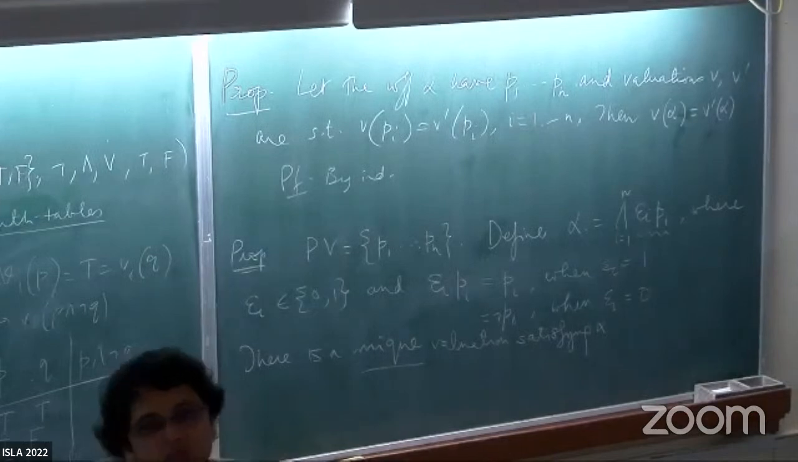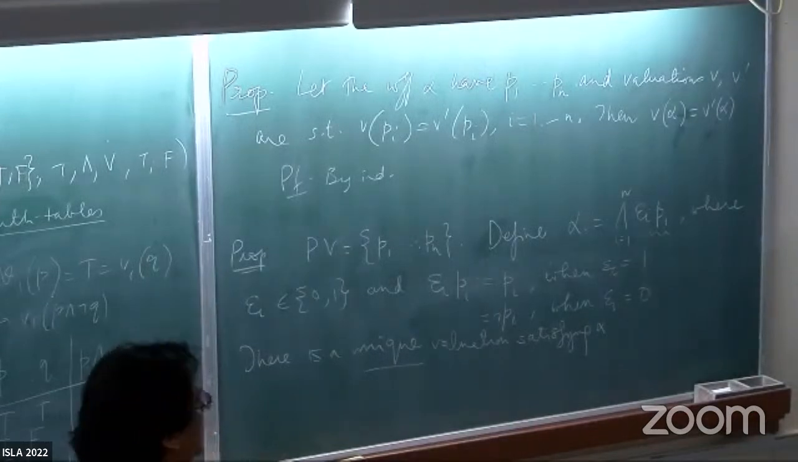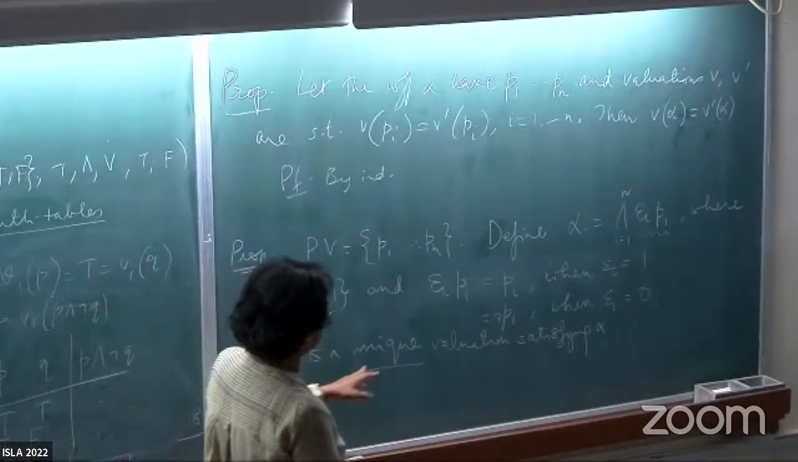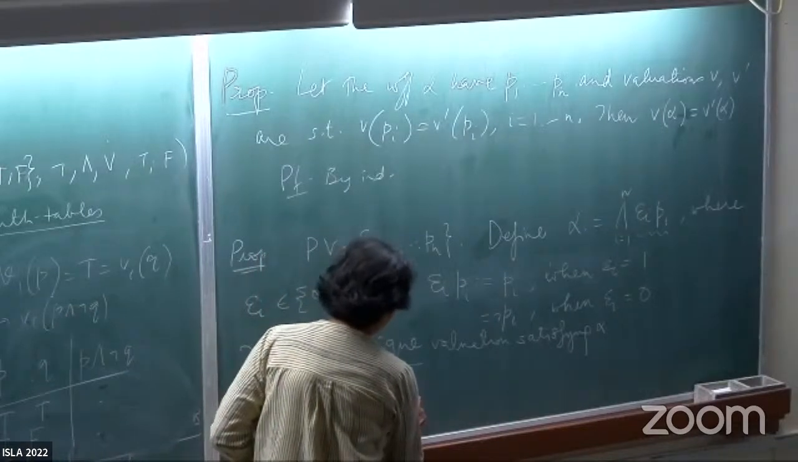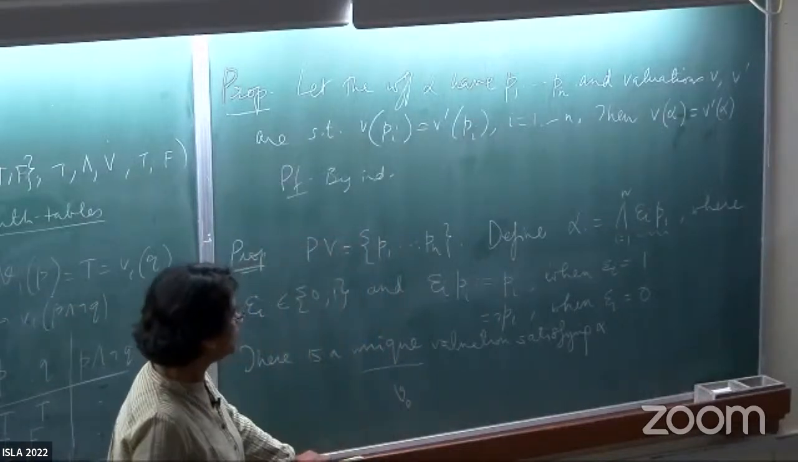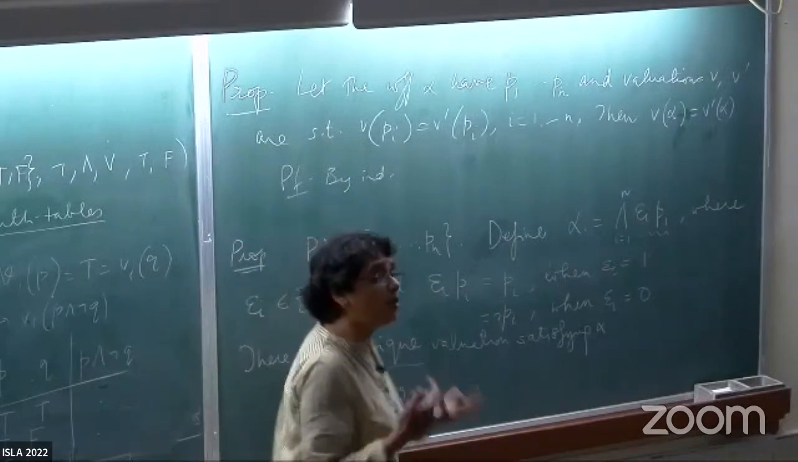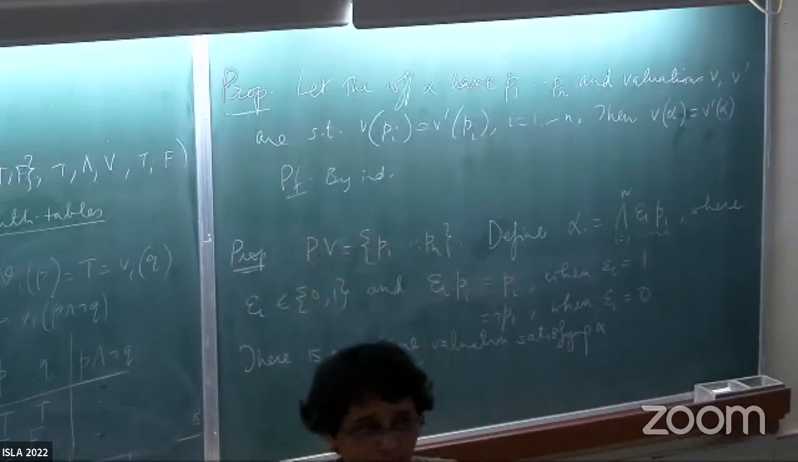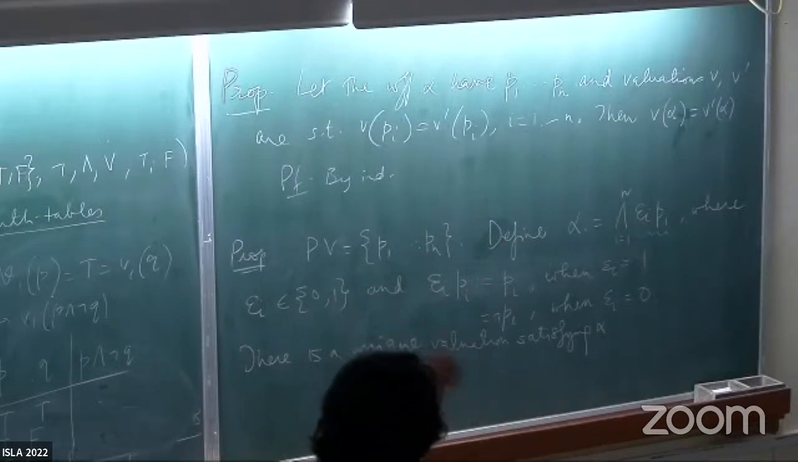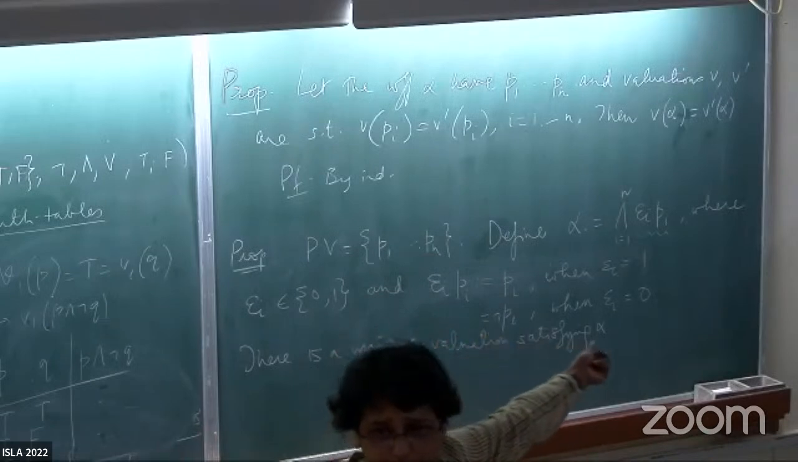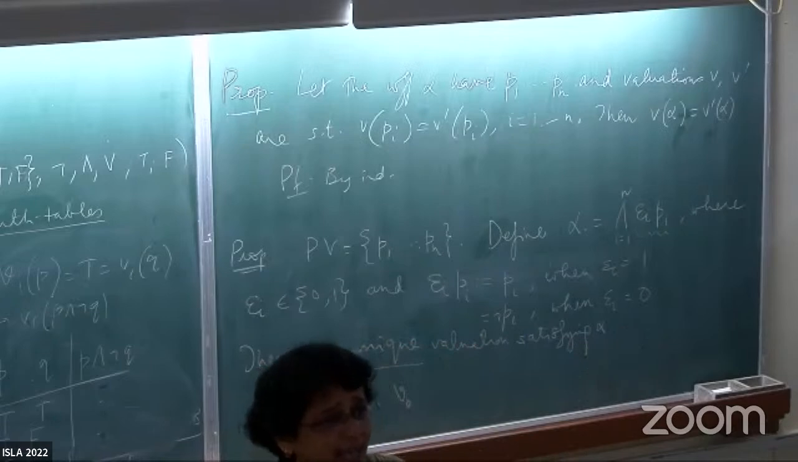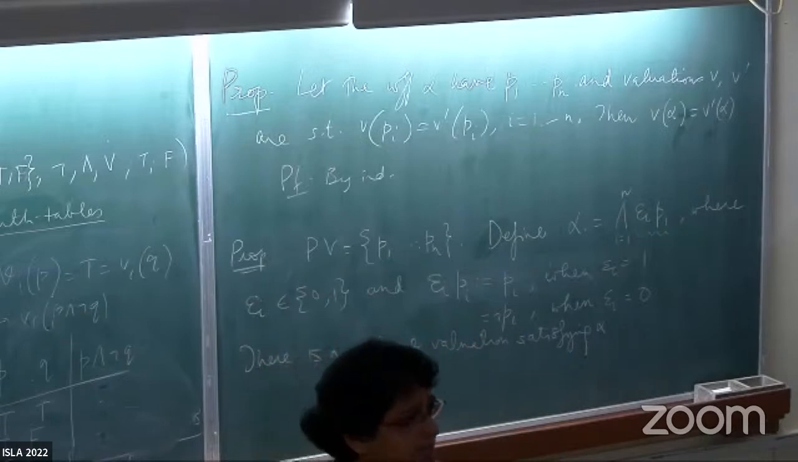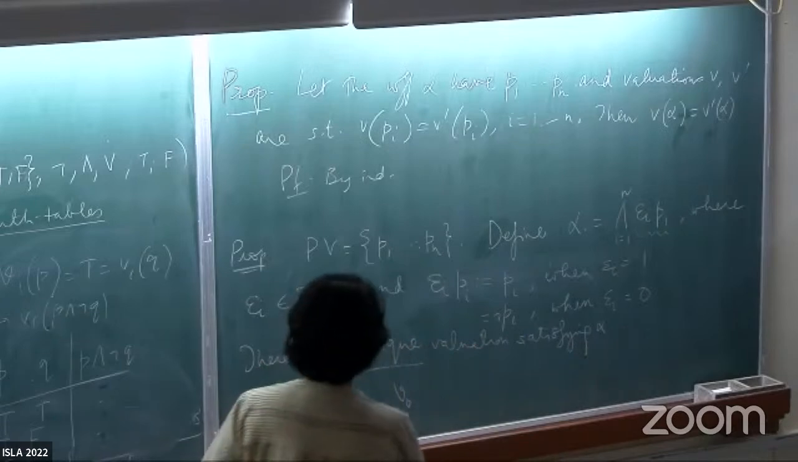If you give it a thought, this is not difficult at all, because how will you define that valuation? Let's call it V naught, suppose. What would you do? How do you define a valuation? On the entire set of propositional variables and then extend it, right? So the set of propositional variables are those P1, P2, Pn. So I have to give the image of V naught for each of these Pi's, right? So V naught of Pi,